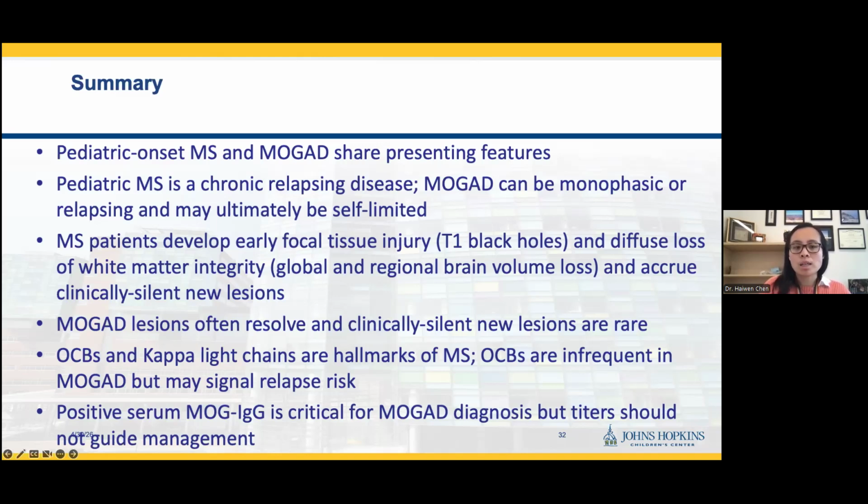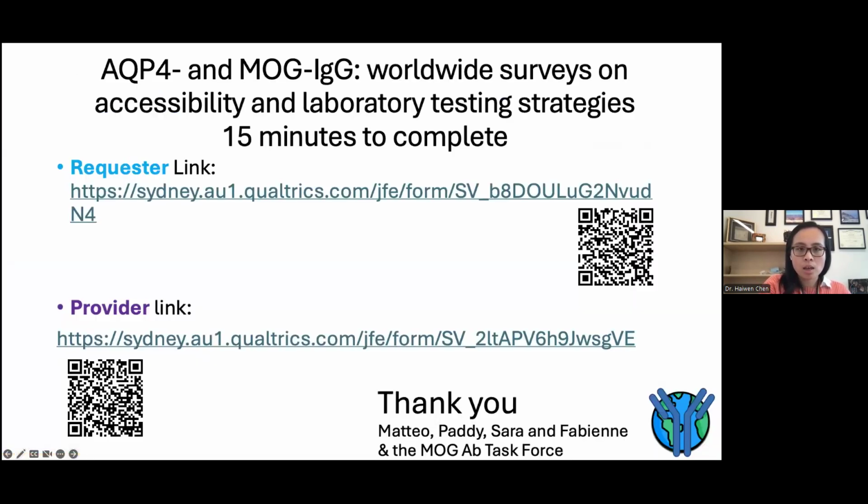And then on the other hand, use of serum MOG IgG antibody testing is quite critical for the diagnosis of MOGAD, though the titers and persistence of the antibody should not guide long-term maintenance or management. And so with that,